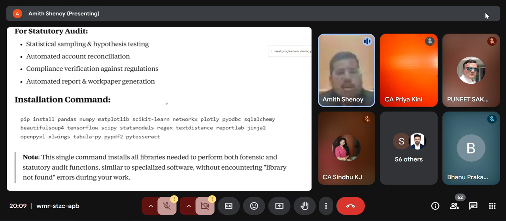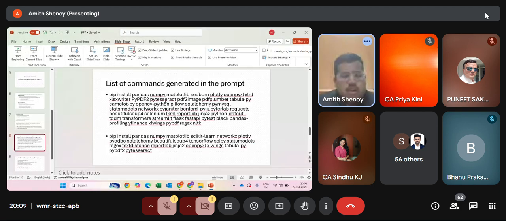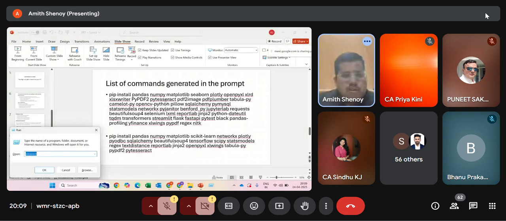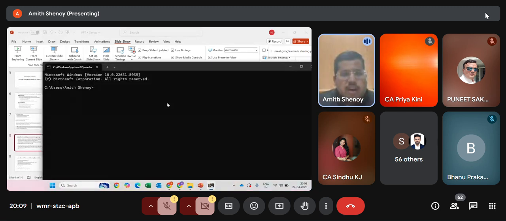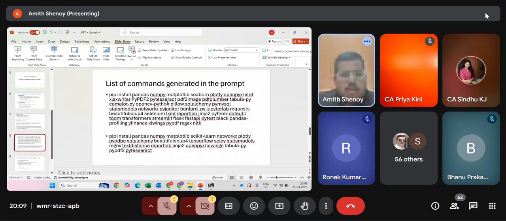The command you get here, you should just paste this command in your CMD path. How to open that CMD path is, press Windows R, then type CMD. Is my screen visible? Yes, Amith.